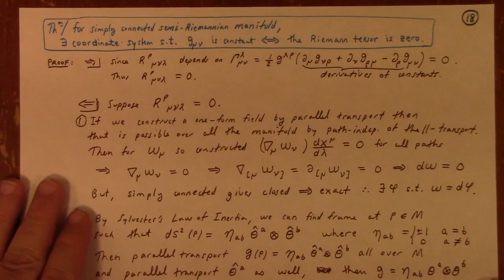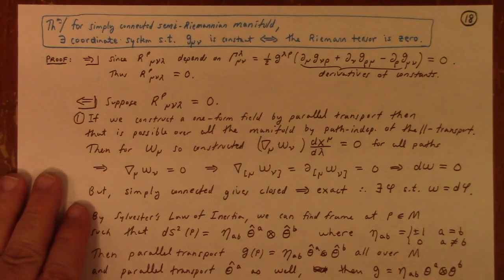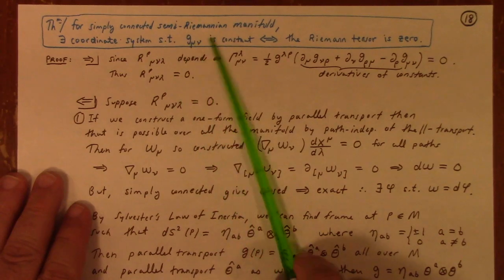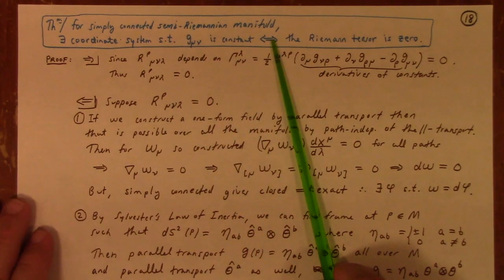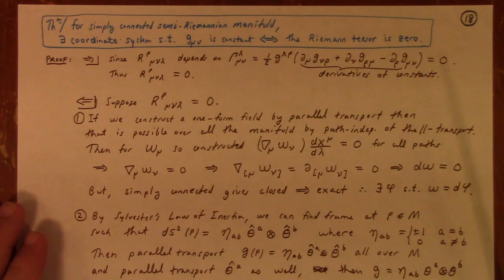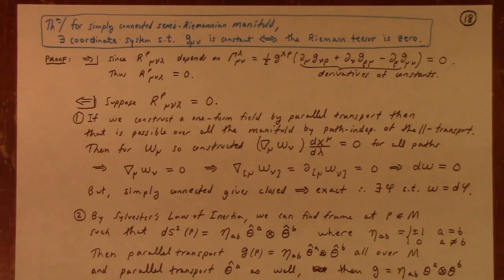So let's talk about it. What do we have next here? Simply connected semi-Riemannian manifold. There exists a coordinate system such that g mu nu is constant if and only if the Riemann tensor is 0. All right, so I wanted to sketch out the argument that's given in Carroll here because I think